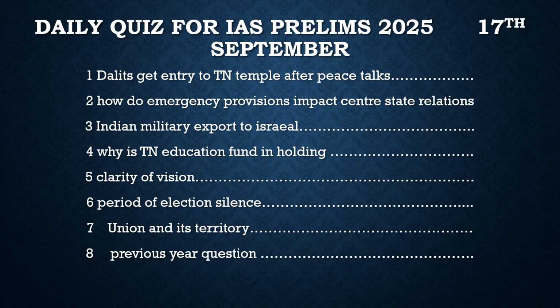Another article which was in the news is about how emergency provisions impact center-state relations. Right now there are many states in our country which are going through instability, especially Manipur. The conditions there, the fight between the Kukis and the Meitis. Their relationship has been impacted by the decision of the High Court, when the Meitis approached the High Court and demanded ST status, and the High Court granted them the ST status. It asked the state government to grant them ST status, which did not go well with the Kukis, and there has been a quarrel between these two